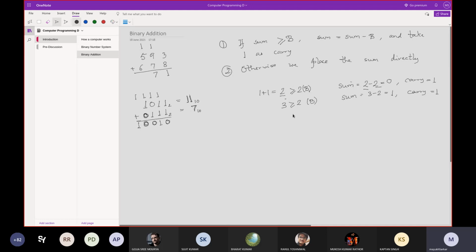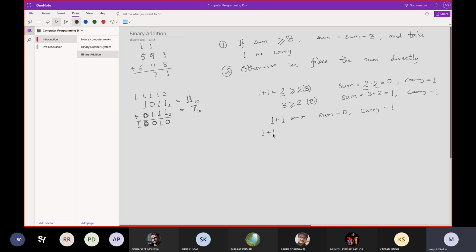In short, suppose the 2 digits are, I am writing the first one as carry in. That means the carry that is coming here, as for example, the carry is 0. Now, if 2 ones are being added, in this scenario, the sum will be 0, because 1 plus 1, 2, which is greater than or equal to 2, and sum will be 2 minus the base, which is also 2, and carry will be 1.